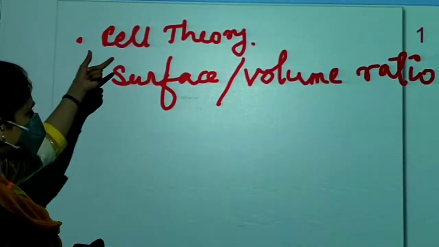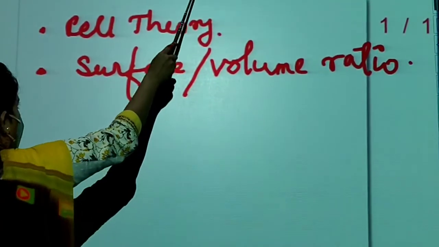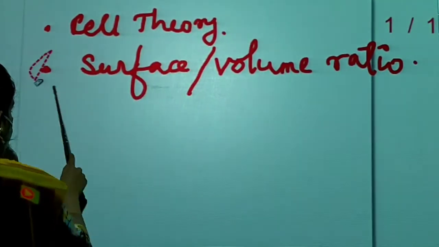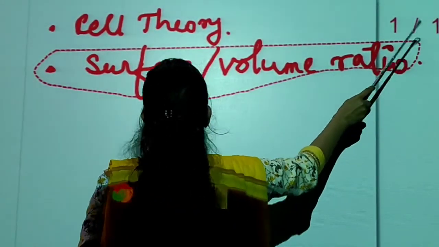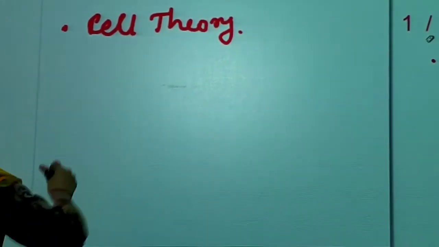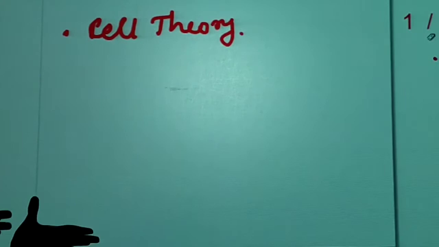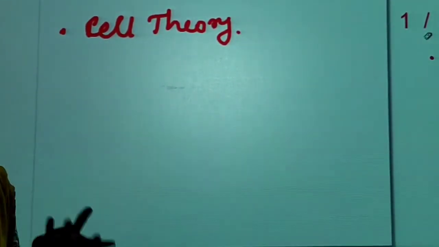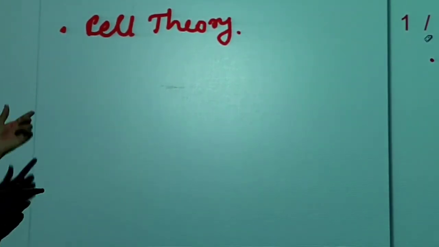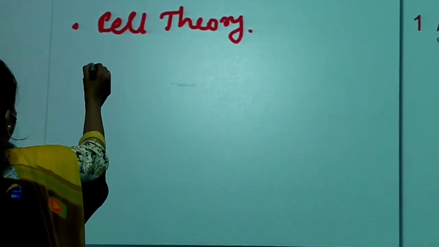Okay, and apart from that, we'll have a small discussion on these topics. So let us first start with cell theory. Cell theory is about how the cell came into existence. We know its discovery, but who actually gave the idea, who introduced the cell to the world, that is all about cell theory. There is hardly anything to remember.